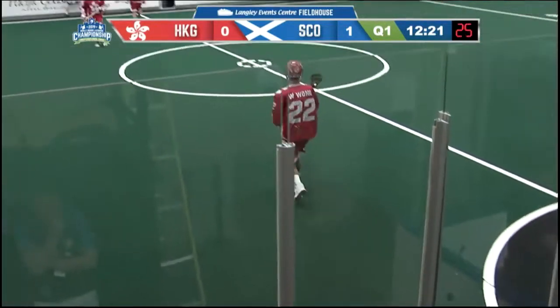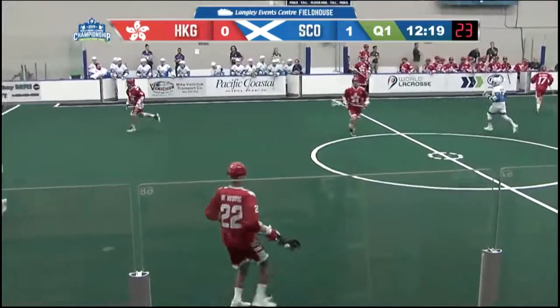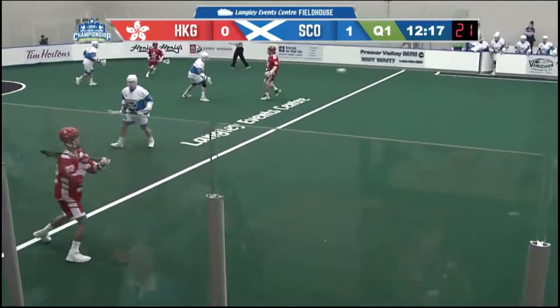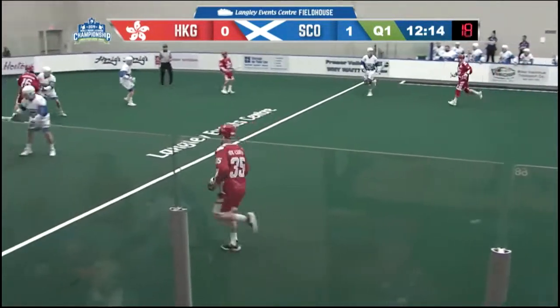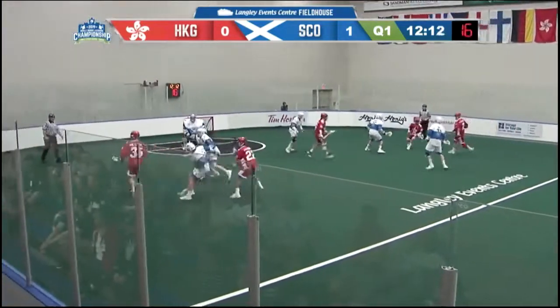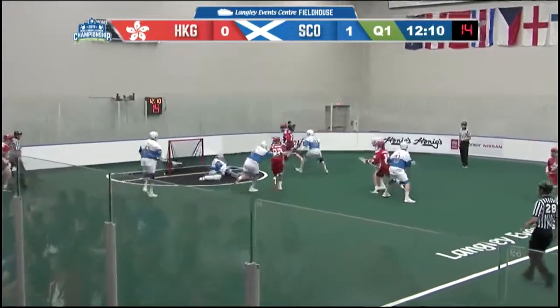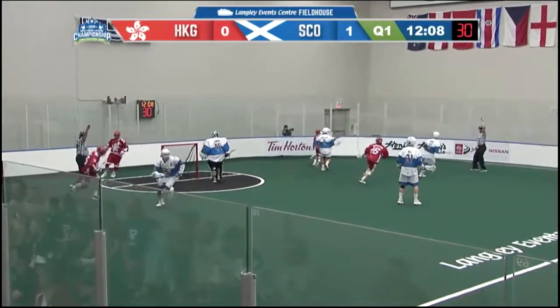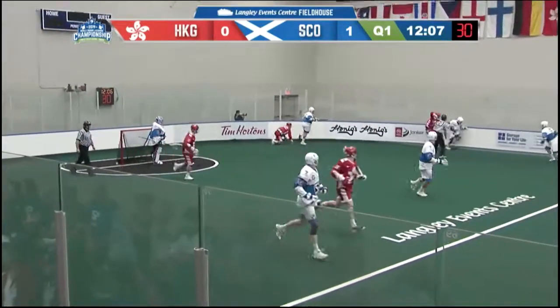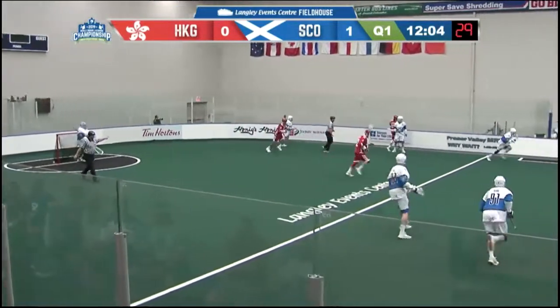Yang sending it over center along the left side. Wesley Wong moving it back. Wong there for Mak Lam-mee. Moving it along the left side. Now tosses in front. There's a shot on goal kept out. Wesley Wong letting it go. Stopped there by Dylan Cowman.